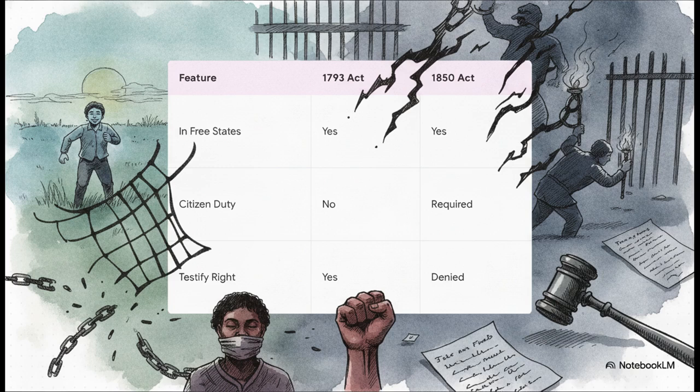But then came the 1850 version, part of the Compromise of 1850, and it took things to a shocking new level. It legally forced everyday citizens to help with captures. If you were caught helping a runaway, you were looking at a massive $1,000 fine, which was a fortune back then, and a solid 6 months in jail. On top of that, it explicitly denied accused fugitives the right to even testify on their own behalf in court. Basically, the 1850 law completely criminalized moral opposition to slavery. If you tried to do the right thing, boom, you are a criminal.